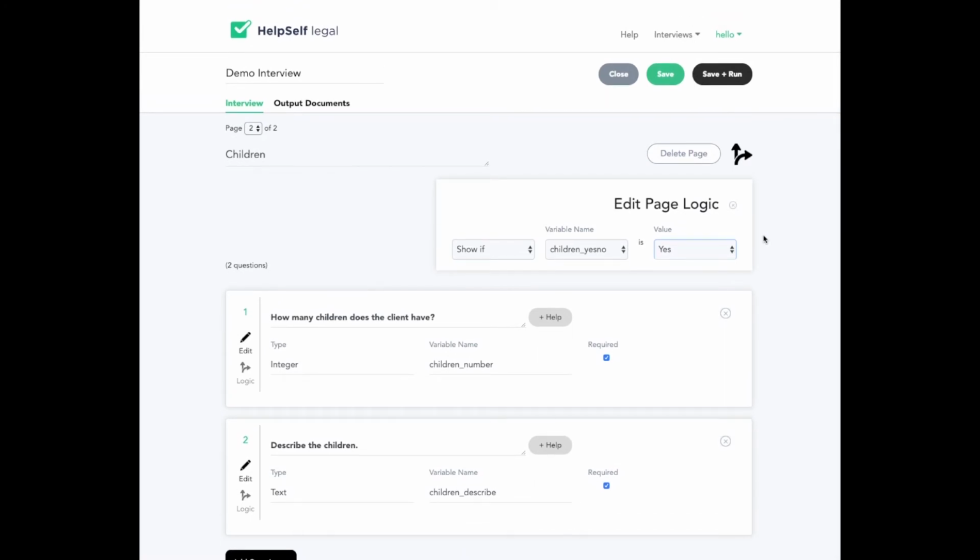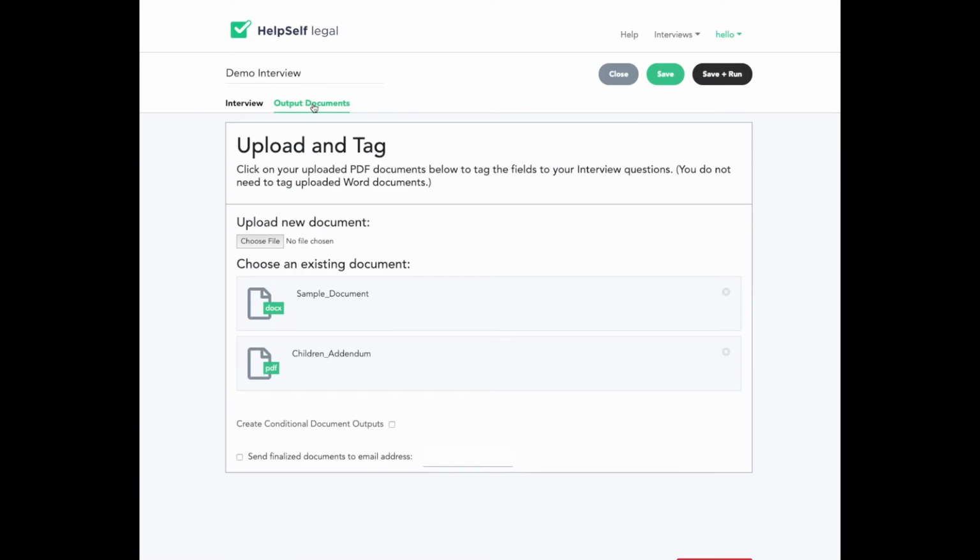Finally, document logic. Let's go to output documents. Sometimes you may have 10 documents or 100 documents in one interview. You may only want to issue them under certain conditions. That's where document logic comes into play. Go to the bottom of the screen, click Create Conditional Document Outputs,